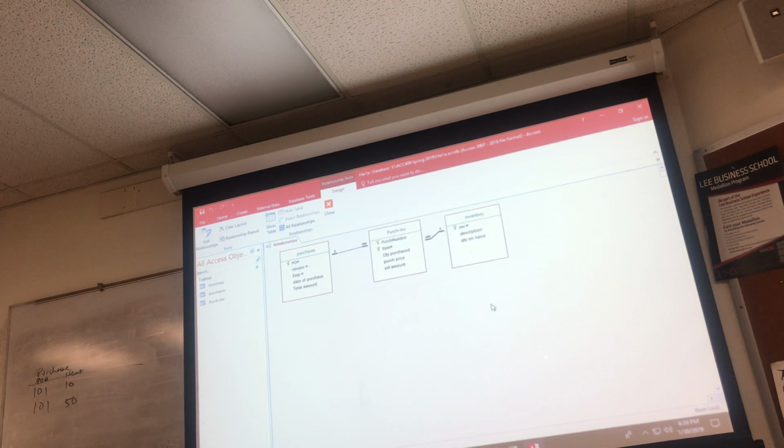Oh good, I didn't get an error message. But if you get an error message, it's probably 99% sure, double check what you put in: is it number, or is it auto number and number, because you will get an error, okay? So all primary keys have to have a link. Well, yeah, so in this case,